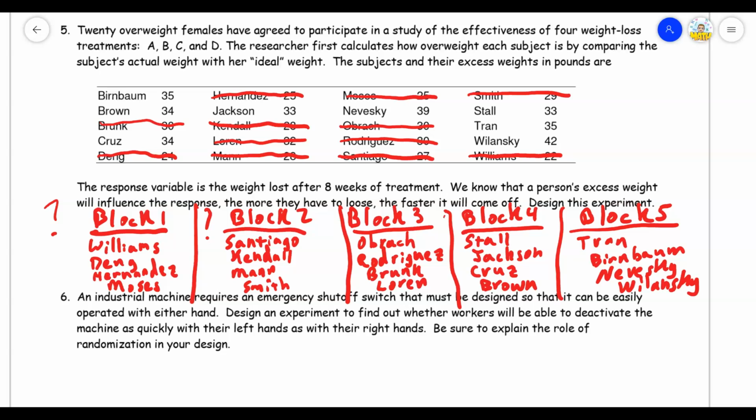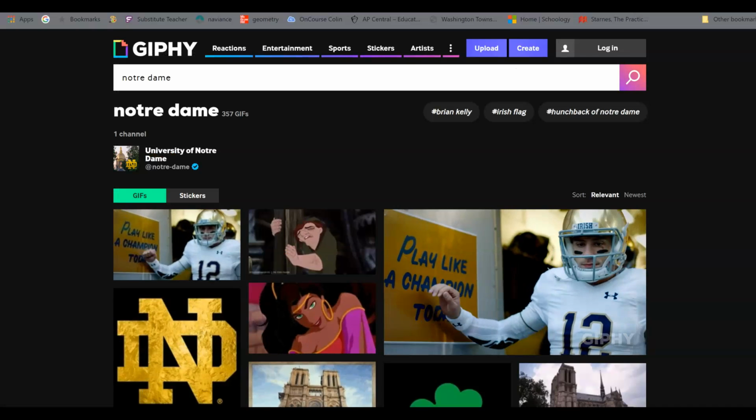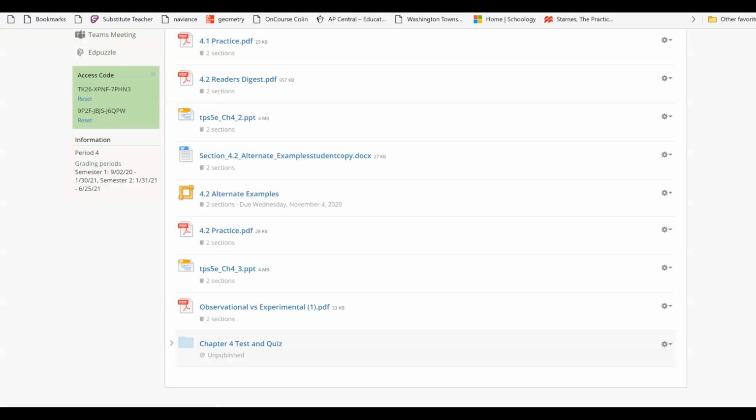And then we can look at who's most effective in each block, but then we could also just take an overall average effectiveness. We could take all 5 weight losses for A, all 5 for B, and average the weight loss, that total weight loss from A, total weight loss from B. So we can look and see what the differences are within each block, and then we can also look at the overall differences. Okay, that would be the right way to design that experiment using our blocks, controlling for the variable of the amount of pounds somebody's overweight.